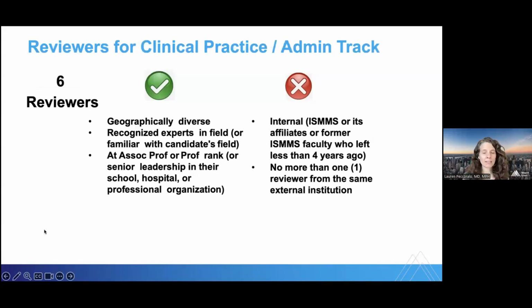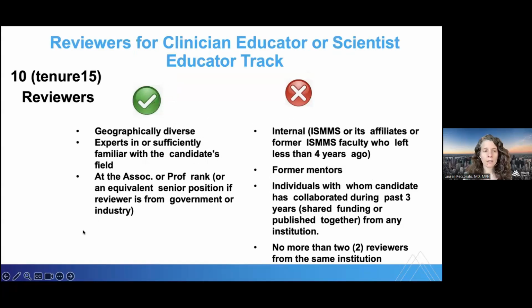Okay, clinical practice and an admin track. Again, we're going to see the same things. Geographically diverse, recognized experts in the field, associate professor or professor rank, and again, not internal. So for this track, they couldn't have left the institution more than 4 years ago. So that's a potential person that you can still contact if you knew them way back when at Mount Sinai. And again, no more than 1 reviewer from the same institution. Okay,